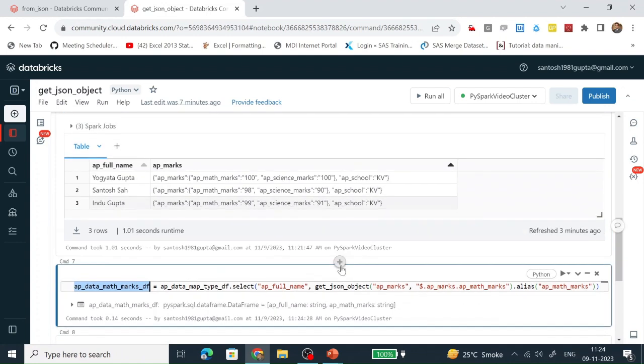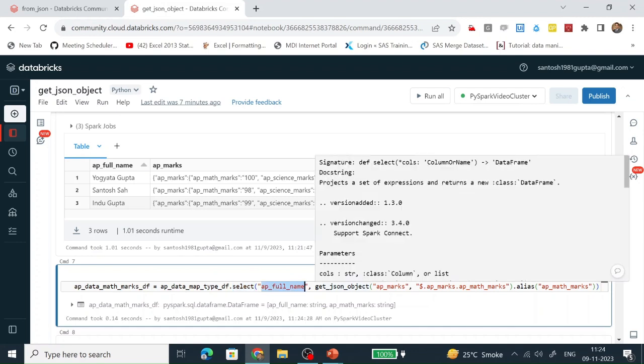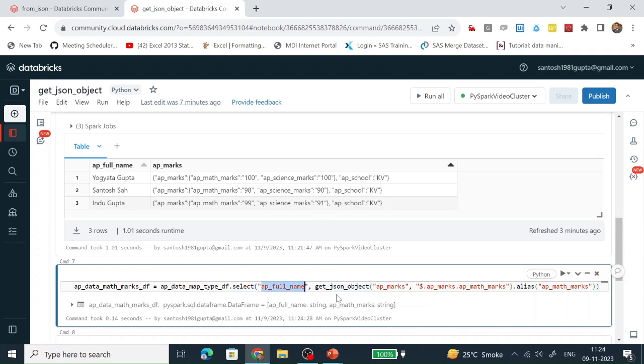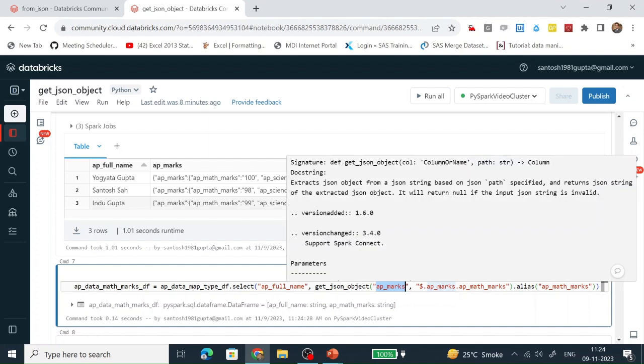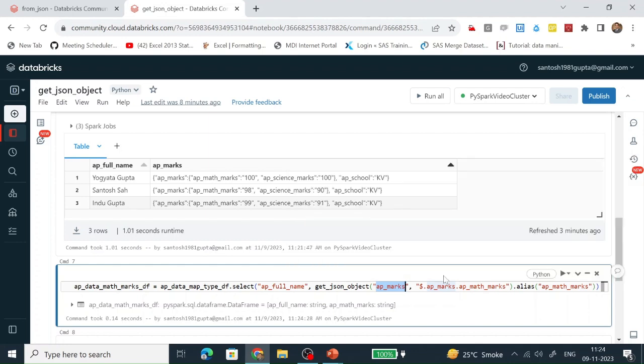So what we are doing here, from this data frame we are selecting this full name, and one more column we are creating with the help of get_json_object. Here we are providing the name of the column which has text of string type, but the content is of JSON type. From here we want to fetch a value, and we need to give the full path.